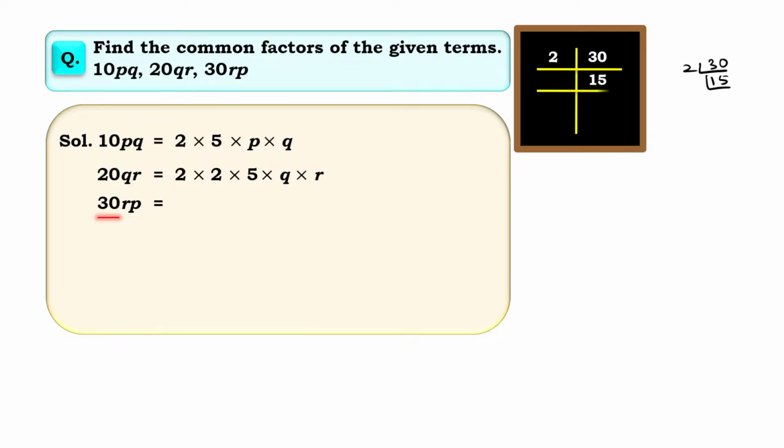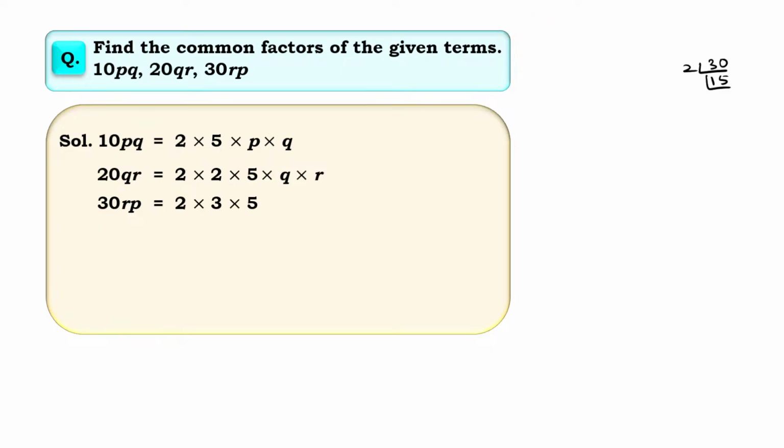Now 2 does not divide, 3 divides. 3 5s are 15 and 5 1s are 5. So what about the factors for 30, sir? 2 into 3 into 5, and r alone, p alone, like that. So the common factors here are 2, 5,